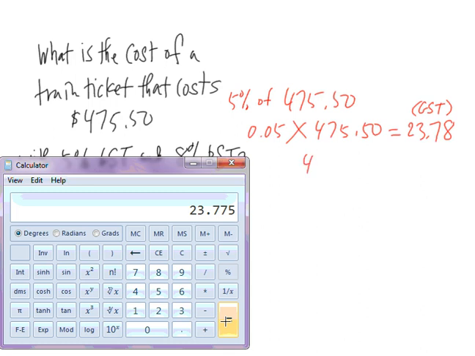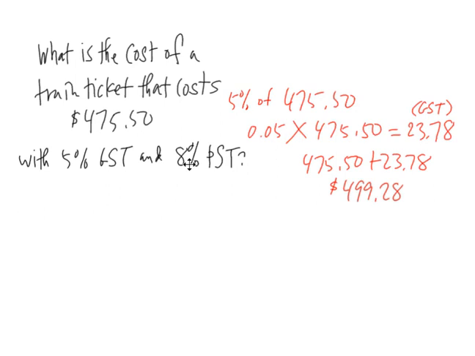So then I take my train ticket, add on the GST, and I'm just going to add that on there, plus 475.50. Train ticket is now going to be $499.28. Okay? And then what we have to do is take the PST, which is 8%, and go, what is 8% or 8/100ths of